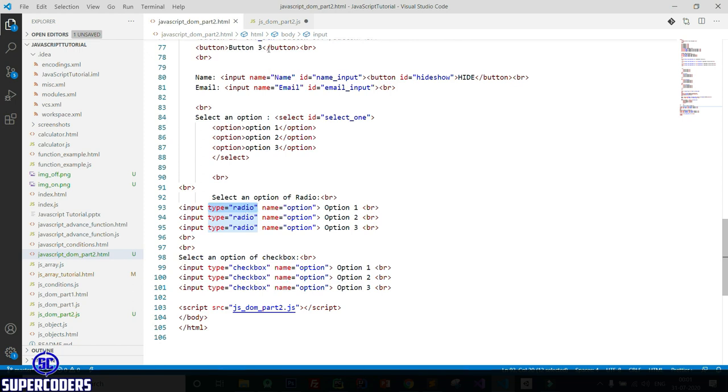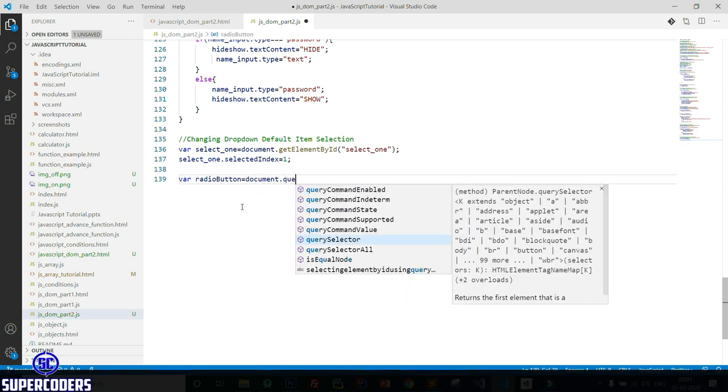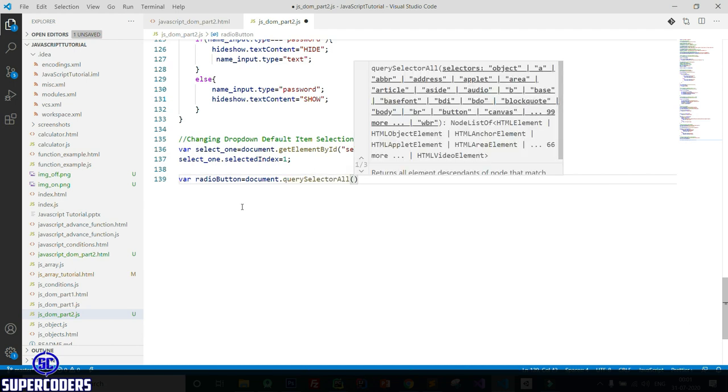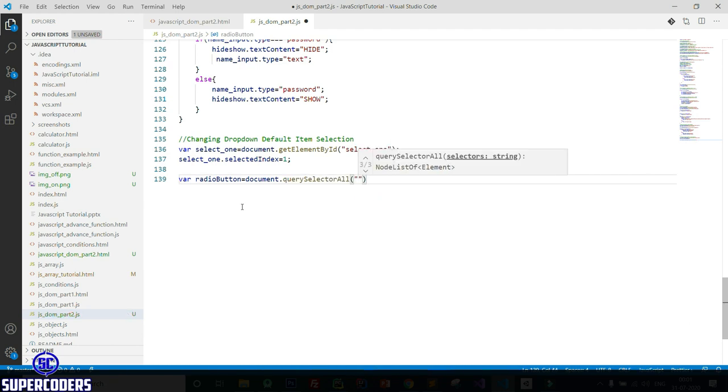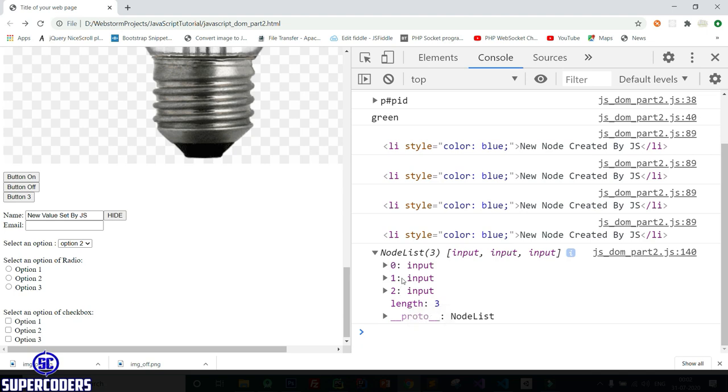Copy this again, come to here, where radio button equal to document dot query selector all, pass, then add a square bracket first, then paste the value and change it to single quote, semicolon, then let's print console.log radio button, refresh, and you can see I selected all my input radio buttons.